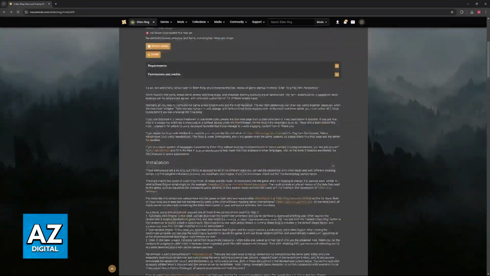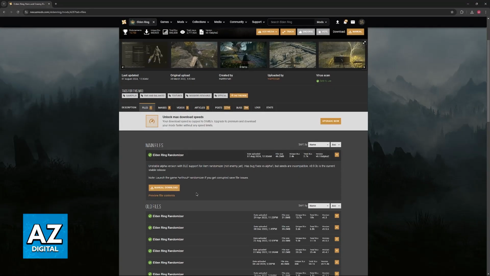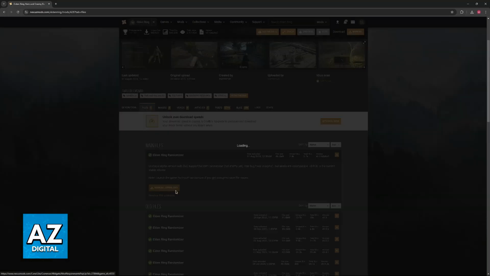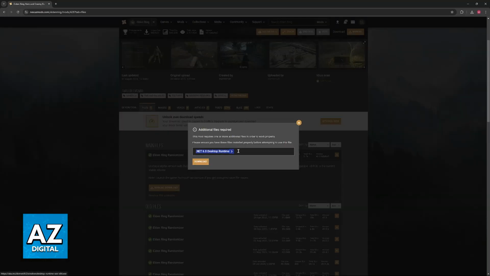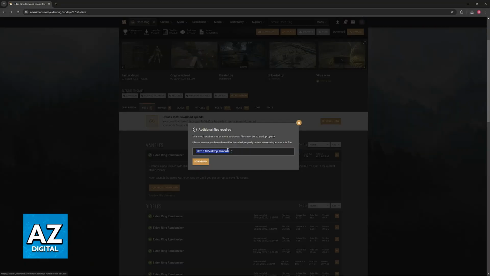For the most part, installing it is simple. Go over to Files, and then click the option to download. So click on manual download on the latest version here released, and you will also have to install .NET 6.0. So if you don't have this already, click on this link, you will be redirected, and you can also use this setup to download it. I already have it installed on my computer, so I'm not going to run this executable file to install .NET 6.0 desktop runtime, but you should if you don't have this set up.